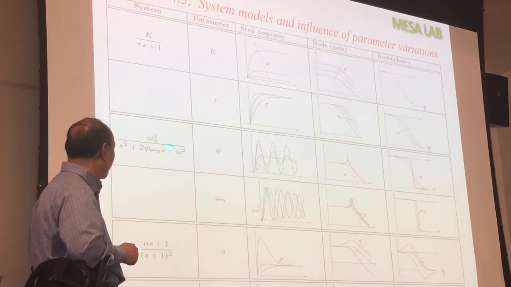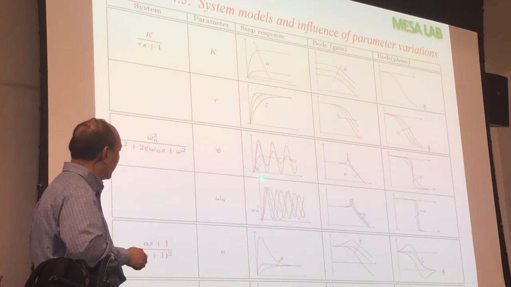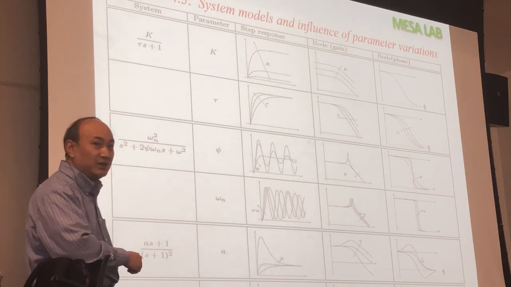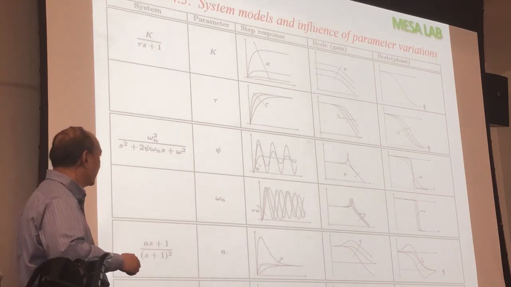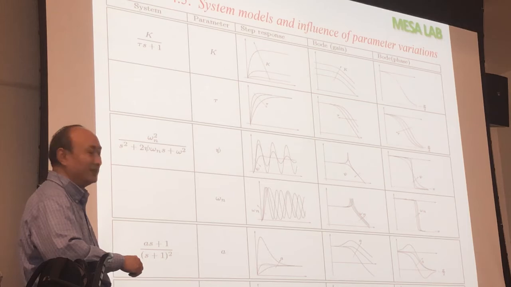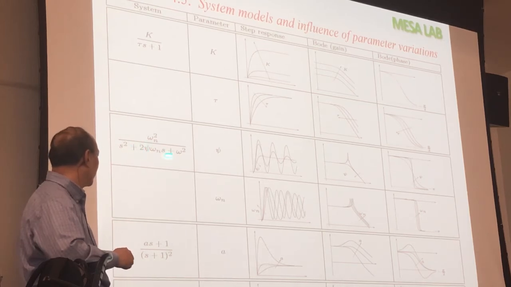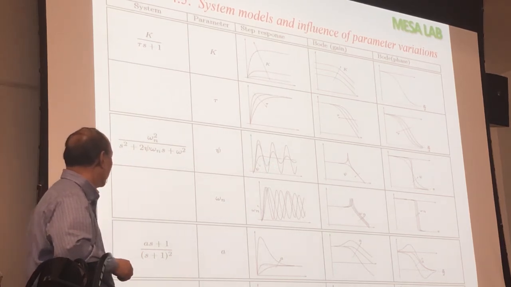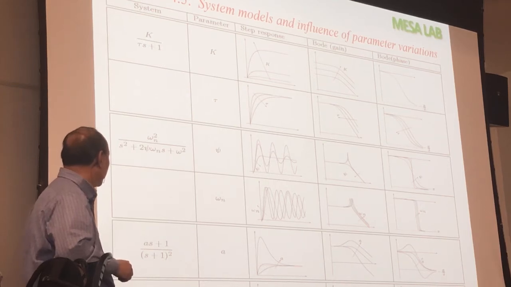Now, let's switch to the second order canonic system. So again, the DC gain is 1. In other words, it will go to 1 as time goes on. But if you have a sinusoid, it will never rest on anything. So when phi is 0, then it's a sinusoid. When you decrease the phi, it will become more and more oscillatory, until it's 0. This one is when it is 0.